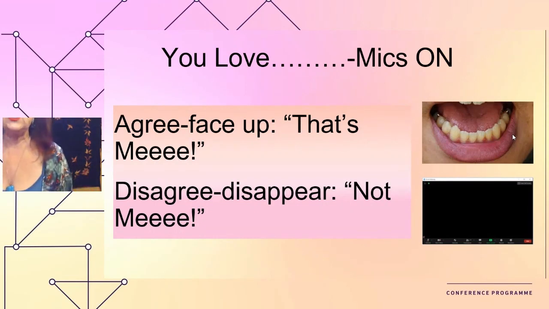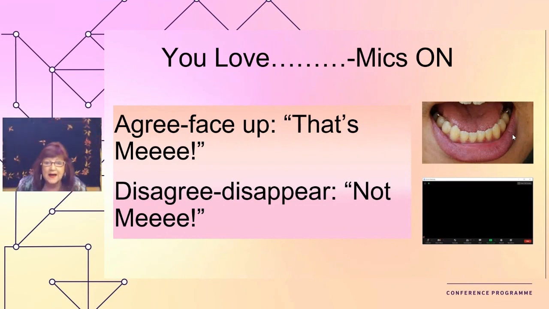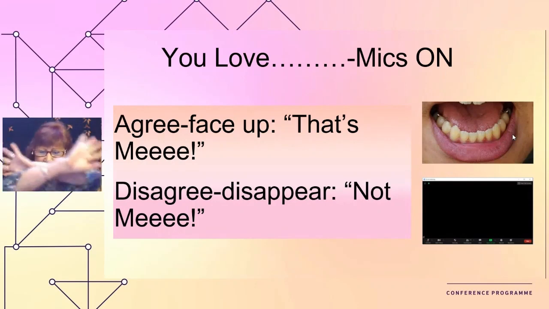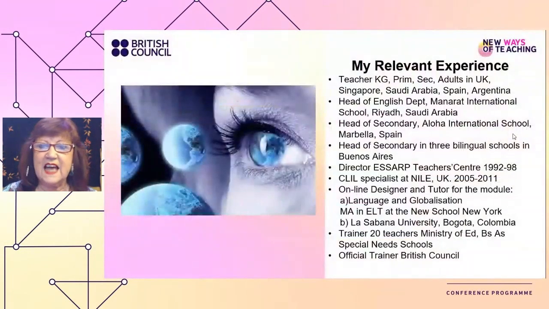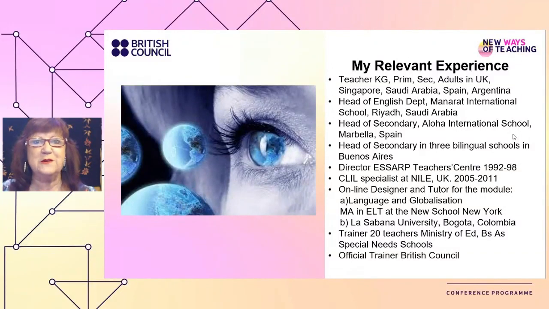So you can do this with your students online, or you can do it in the classroom by having them do something different. So instead of going up to the camera, for example, they can say, "That's me," or they can say, "No, that's not me." So it can work in the classroom or on camera. And I'd like to start off, having done that little creative exercise with you. I hope you felt empowered if you were doing it with me, by giving you my relevant experience.